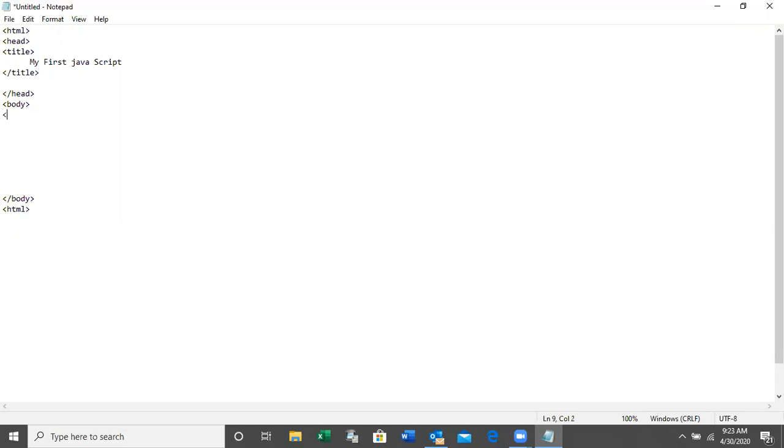Here we have to start the JavaScript. Script language equals JavaScript. JavaScript is one word, no need to leave a space between these two words.